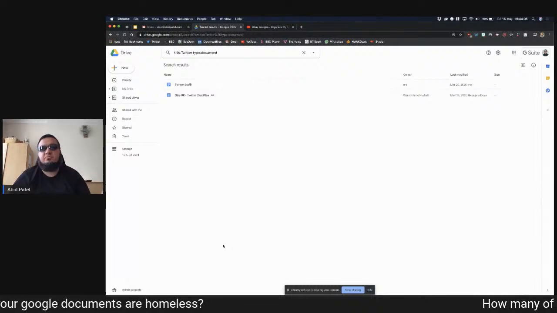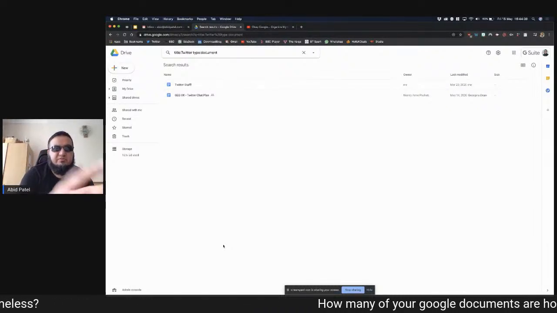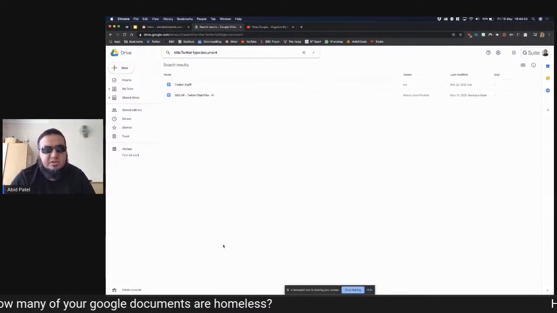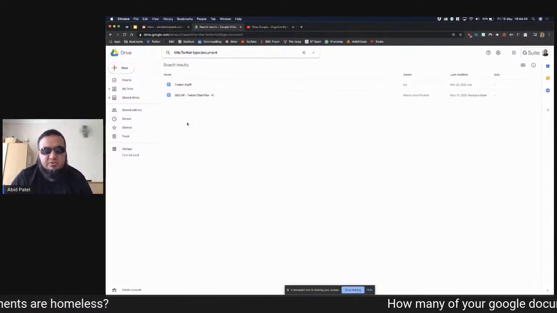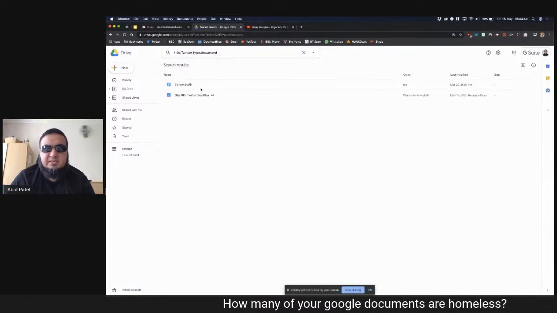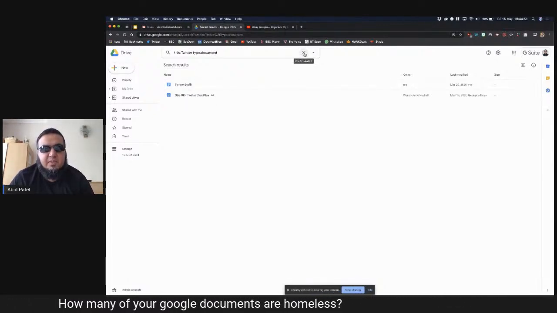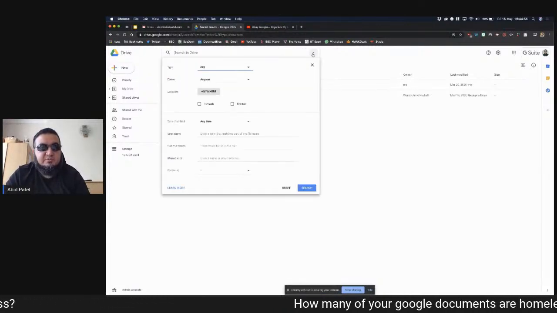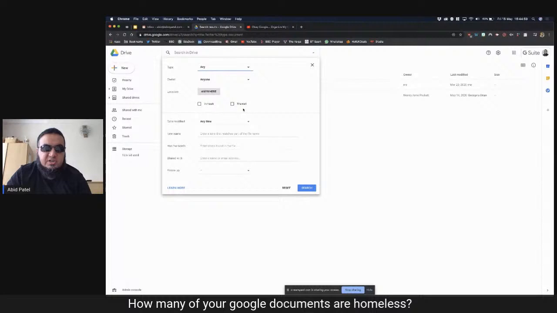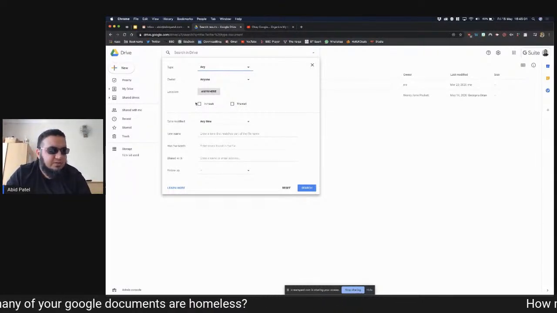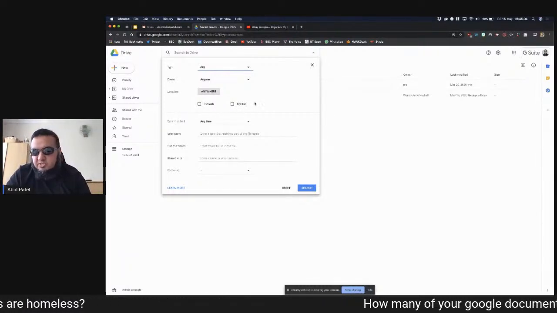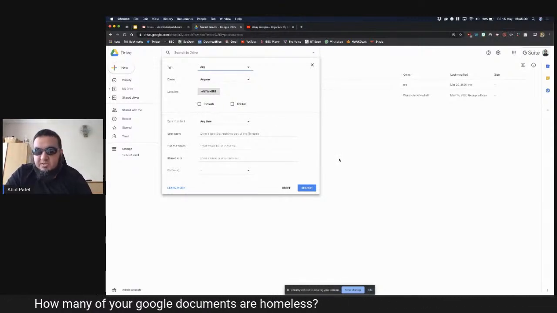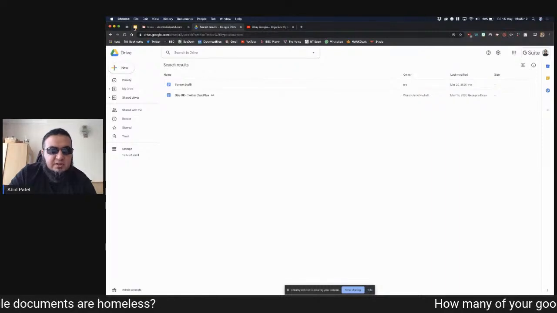And what it does is it goes through my entire Google Drive, and it'll find that I've got two documents there which match that search criteria. One is Twitter stuff, and the other one was something to do with Twitter chat. But there you go, I can easily find it. So it's really, really handy, and it's really powerful to be able to find the documents you need. And it comes back to the power of Google search. You can also choose to search in your trash, or you can choose to search in your starred. So it's a really powerful thing to remember, search and the advanced search features in Google Drive.